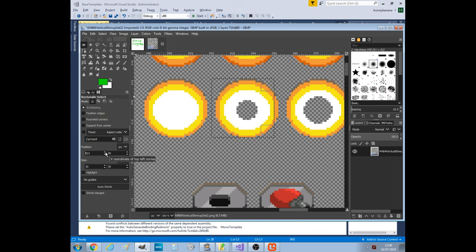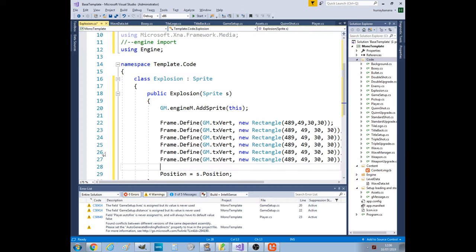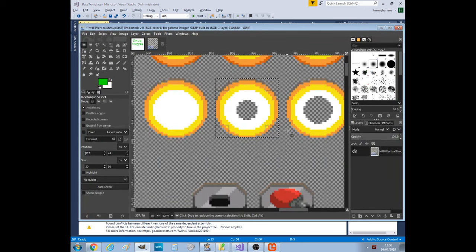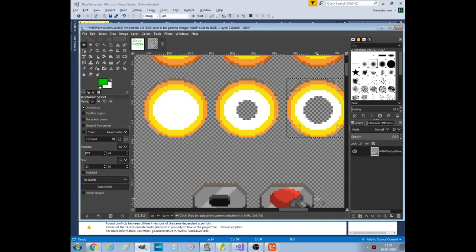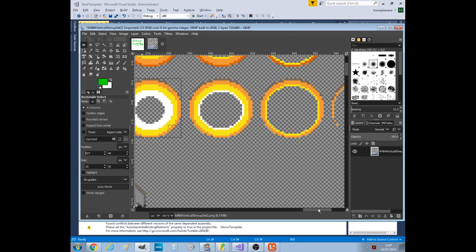Generally, when you make your own sprite sheets, if you align things like this, it makes it easier to define all the frames. So the next one was 523. So this one's 523. The next one, and it looks like they might all be equally spaced, so I should be able to make a calculation for the next ones, but I'll do it all manually. So the next one is at 557. The next one, if I scroll along,